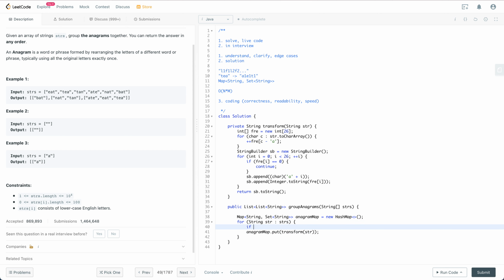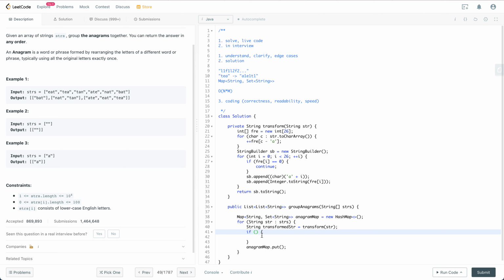Alright, so it's something like if it doesn't contain the key. So just want to make sure we just do transformation once. So transformStr is equal to transform the str. Alright, so if the anagram map doesn't contain this one,